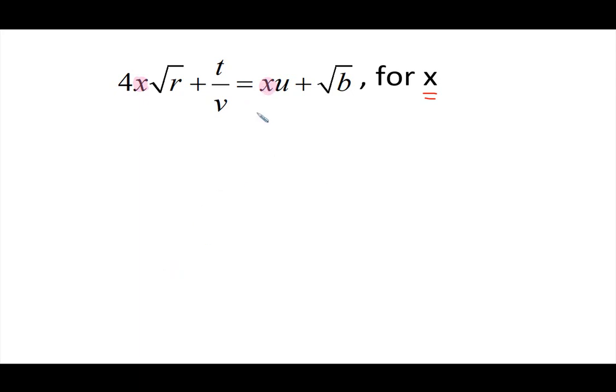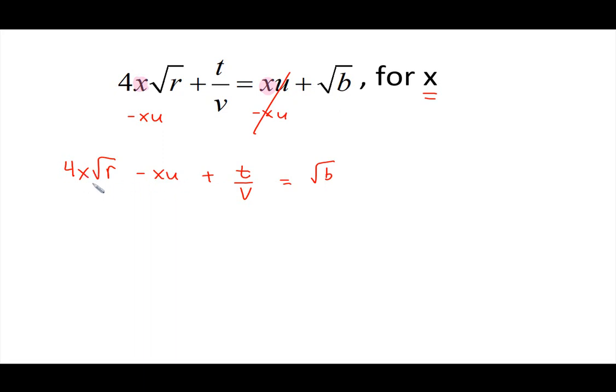So in order to do that, I'll subtract xu on the right, and I subtract xu on the left. That's going to give me 4x square root r minus xu plus t over v is equal to, so this cancels out, square root b. Okay? Now we need to get the x's,